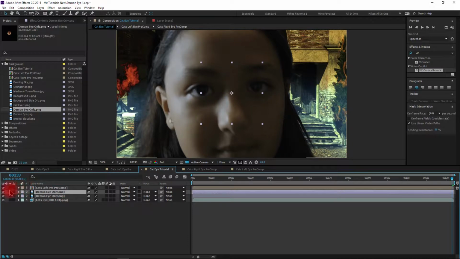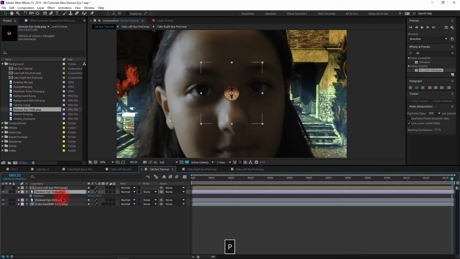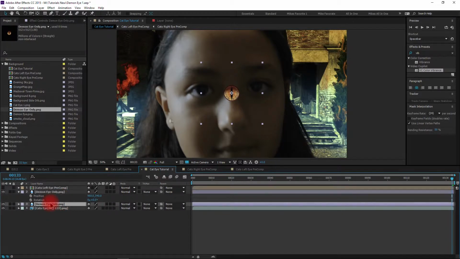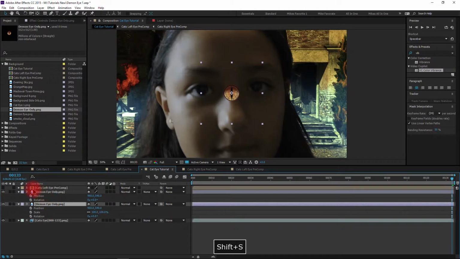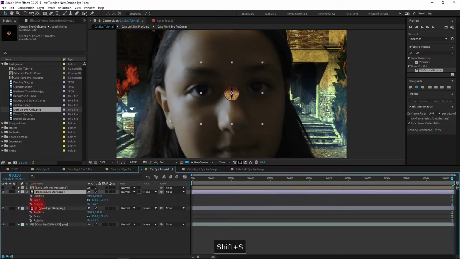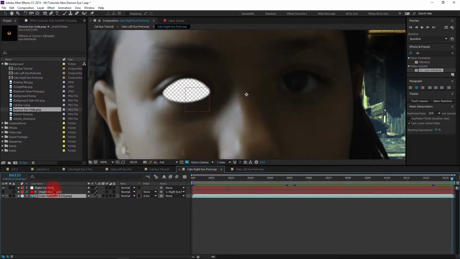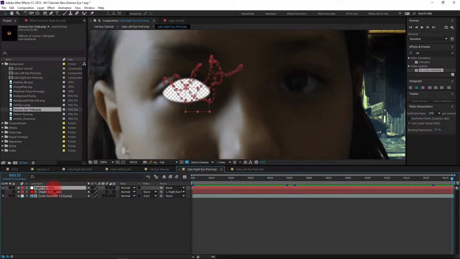So if we turn off the top layer, we can see where we brought the eyes in, and we will start with the right. So first thing I like to do is I'll go ahead and expose the position, the rotation, and the scale. I'll do it for each one, can do it later. And then you always want to make sure, in this case, I want to be all the way